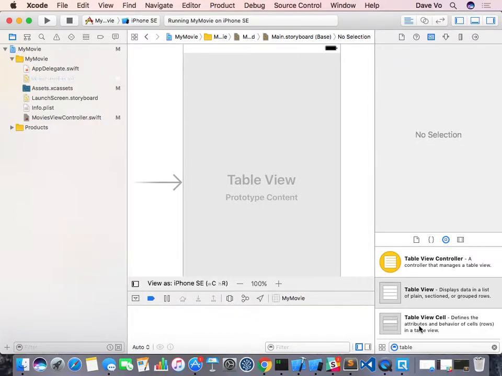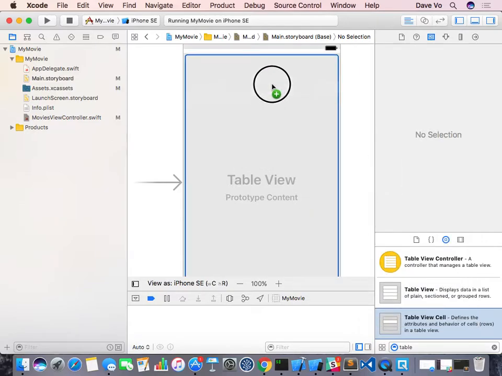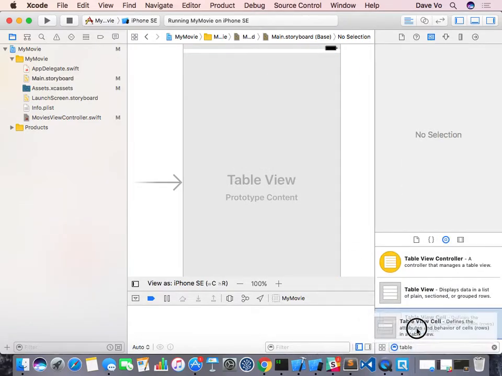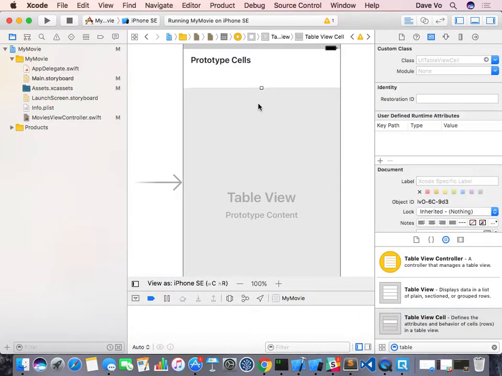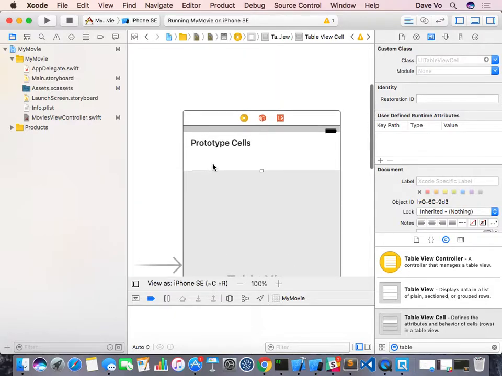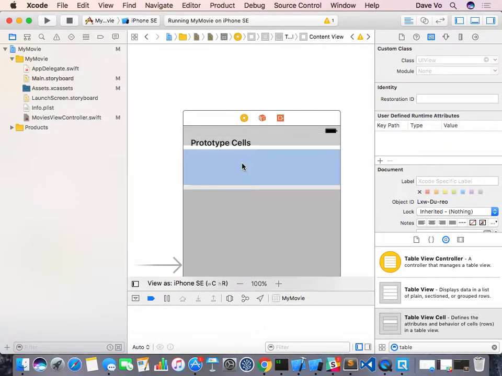So now we add the table view cell. You drag the table view cell here, and it will be called the prototype cell. The prototype means this one you can reuse for the table view. It's just the prototype, and you say, hey, in this table view cell, I will have, for example,